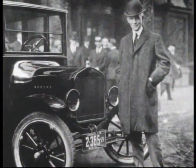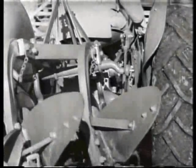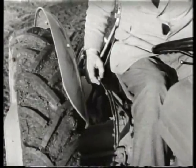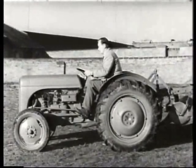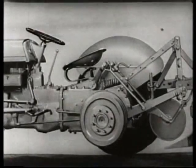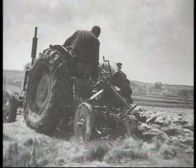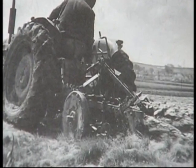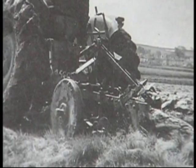Henry Ford, a long-time car manufacturer in America, was quick to spot the ingenious invention of Ferguson's three-linkage system. Invented as far back as 1919 by Harry Ferguson and Willie Sands from Lisburn, the Ferguson system made the tractor and plough one unit. Before this, ploughs were pulled behind the tractors, and often when the plough struck a large tree root or a large stone, the plough would stop, the tractor would pull on, often tipping over backwards and